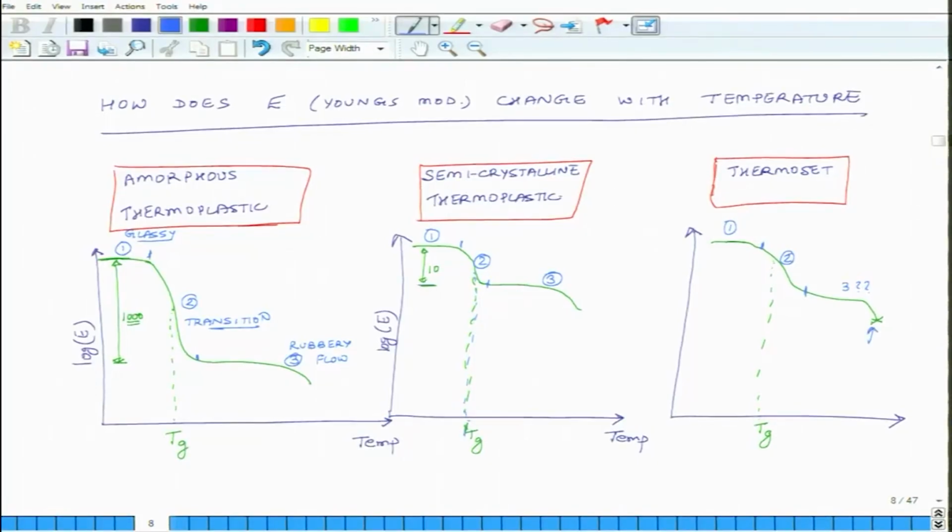It doesn't become like a perfect fluid, okay. And then here you have decomposition. The material just breaks down, okay. So in thermoset only Tg is important, in amorphous only Tg is important,